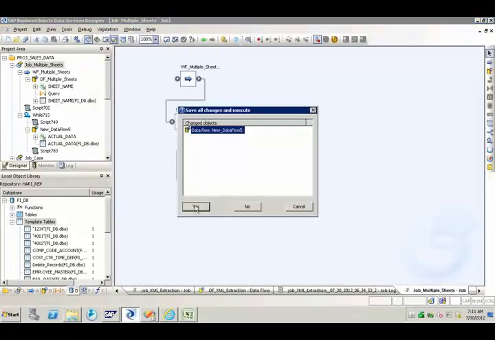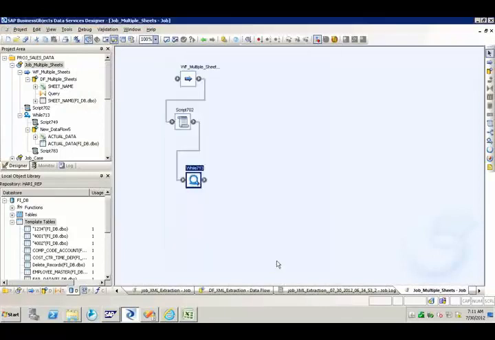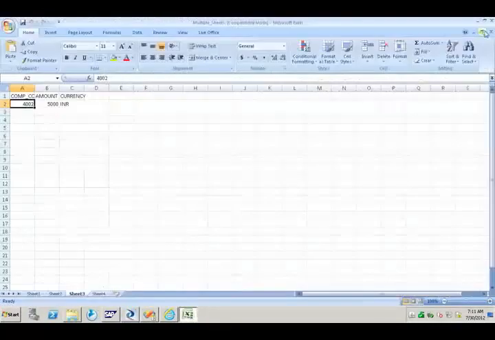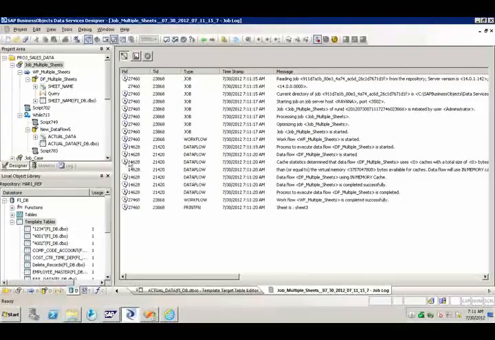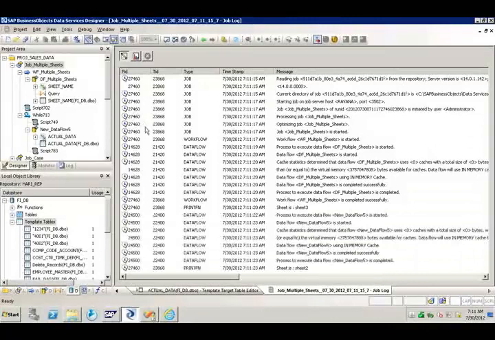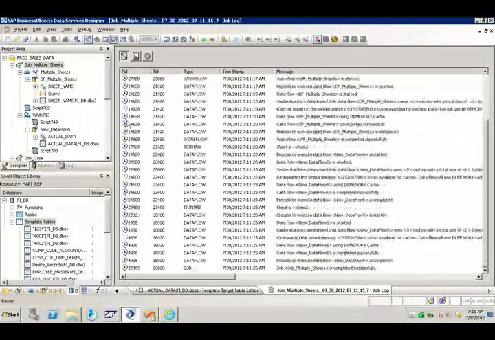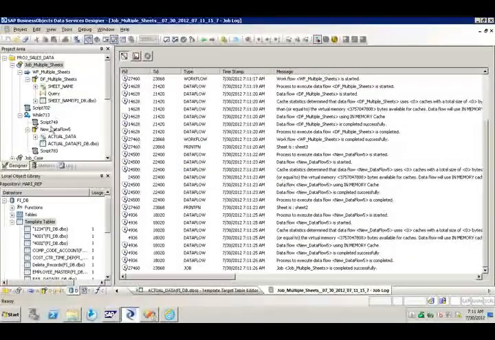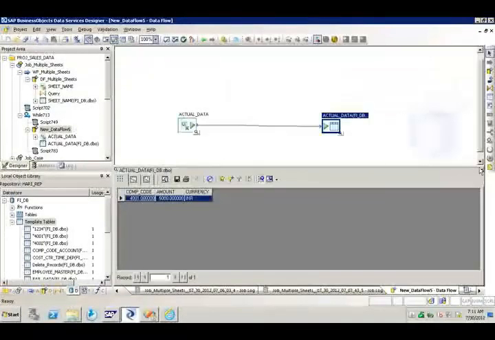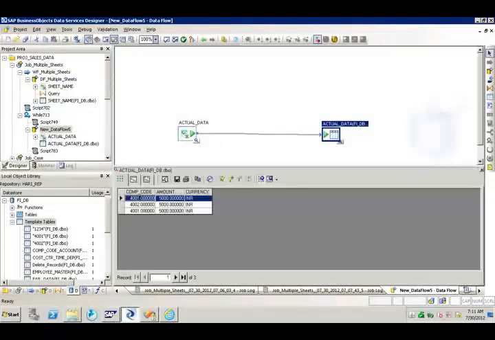Now I deselected the checkbox. Now I executed. Now how many records will be there? 3 records will be there, because 1 record is already existing. So I just clicked on this. So total 3 records now.